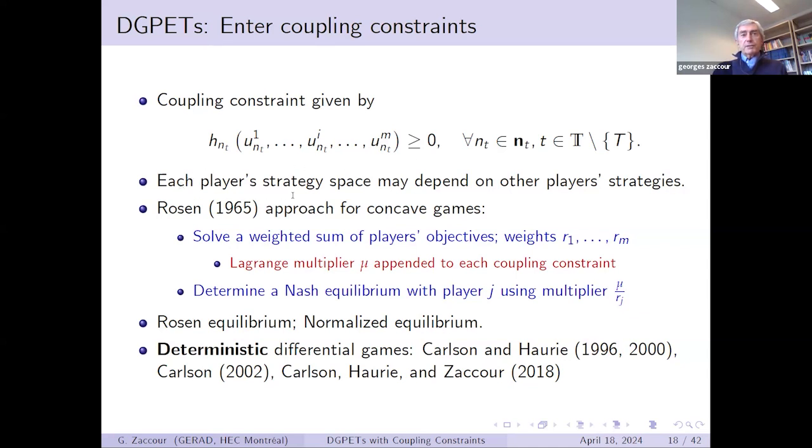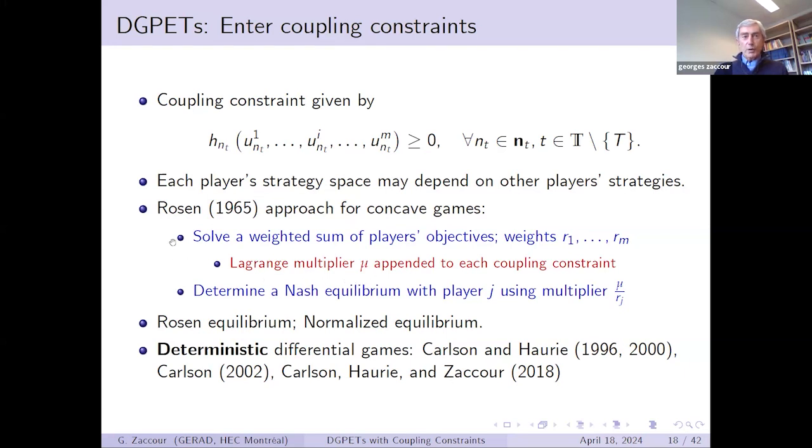So here, each player's strategy space may depend on other players' strategies. And this is a case that is typically not covered in a game theory course because it leads to some complications. So here again, I'm calling on this famous paper by Rosen in Econometrica 65 to deal with this kind